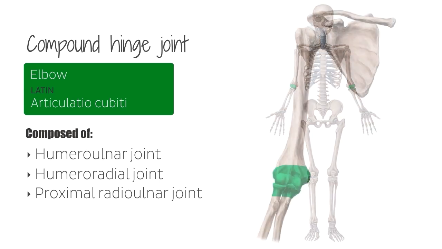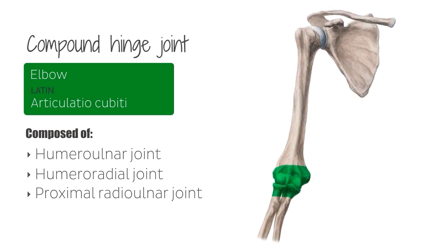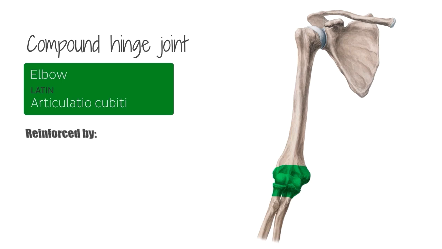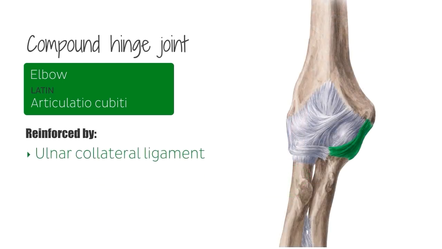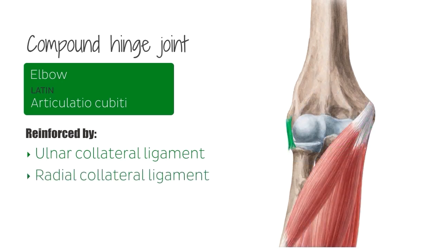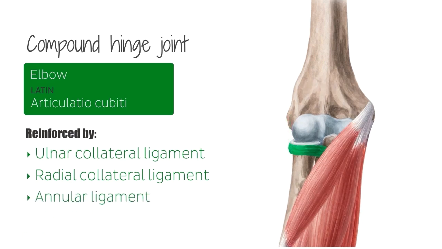And these three joints together constitute the elbow joint. The elbow joint, nevertheless, is reinforced by several ligaments, including the ulnar collateral ligament, which extends between the medial epicondyle of the coronoid process and the olecranon of the ulna, the radial collateral ligament, which courses between the lateral epicondyle, the annular ligament, and the anterior and posterior margins of the radial notch of the ulna, and of course the annular ligament, which runs from the major margins of the radial notch to the ulna, encircling the head of the